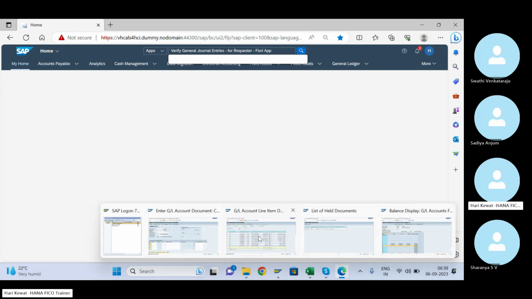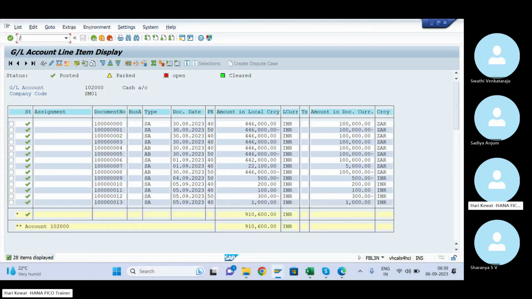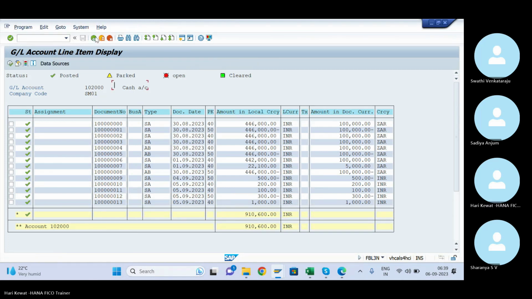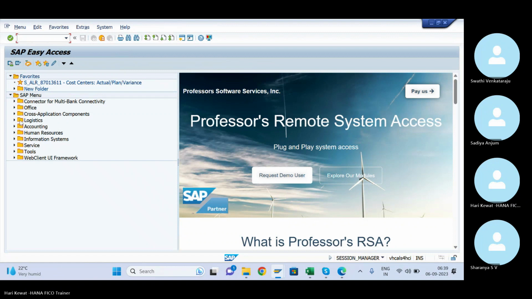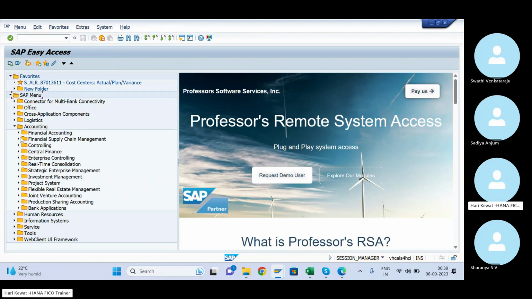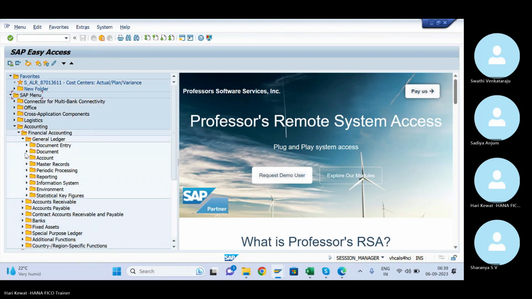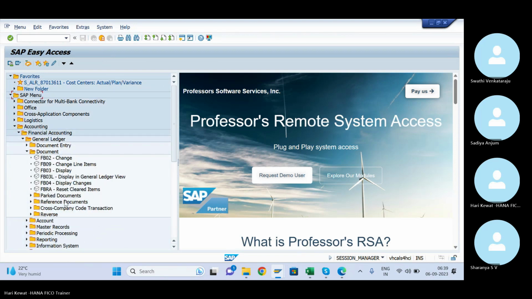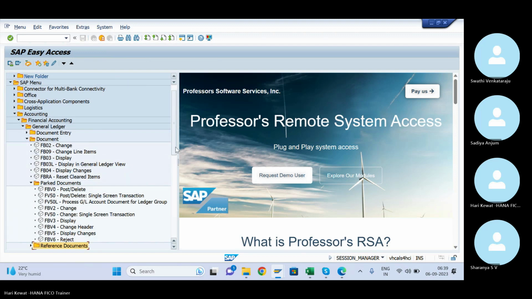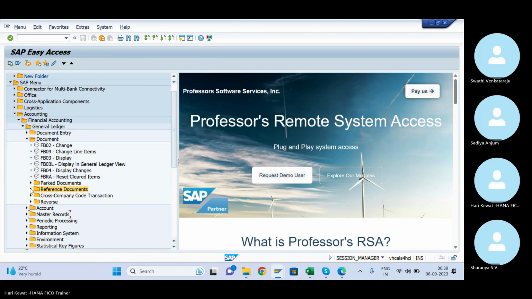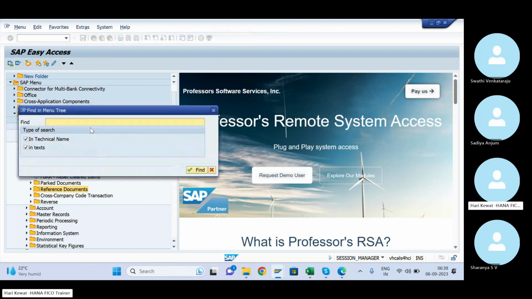In the path also you can go, you will find it, slash not SPRO, front only. So come here. Parking, financial, general ledger, document. Holding document is not there. Where is the FB11?